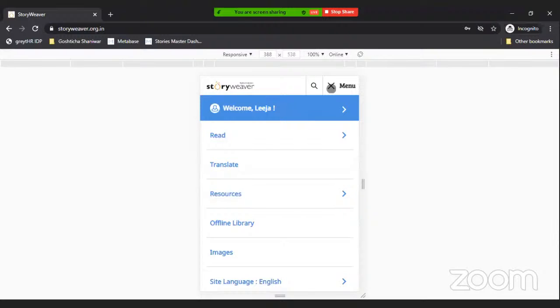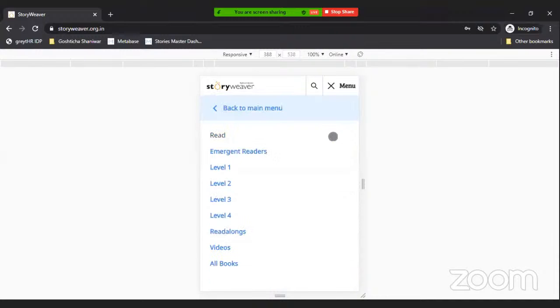StoryWeaver has a large repository of storybooks, and I want to read storybooks. So I go to read, I click on read, and it is giving me various reading levels, as I can choose the books as per the reading levels of the children. Emergent readers are someone who has just started reading. Then I have level 1 books, who are for the